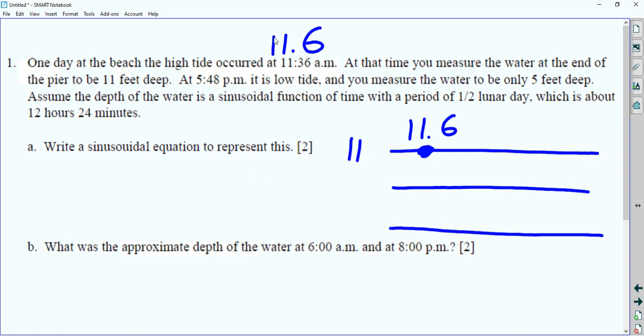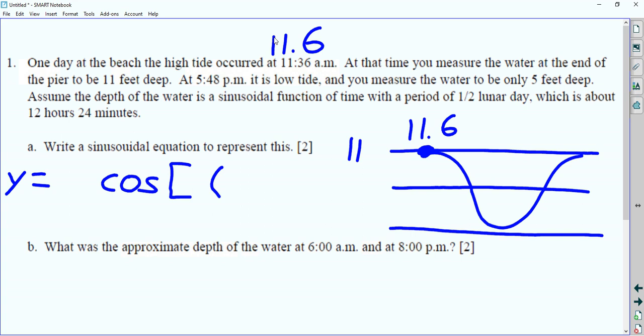Now, we are starting at the top line, because that's where we're starting this graph. If we're starting at the top, the graph is going to go like that, and that is going to be a positive cosine function. Starting at the top is a positive cosine. So we've got y equals something times cosine, parentheses, and then another number at the end. The time that we're starting at is 11.6 to the right, so that goes right here: x minus 11.6. That's our starting value,